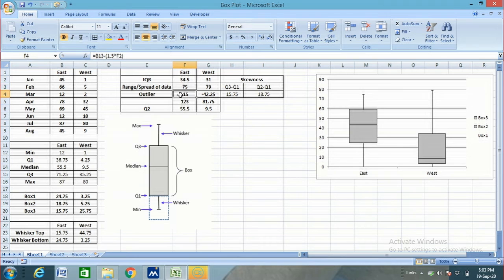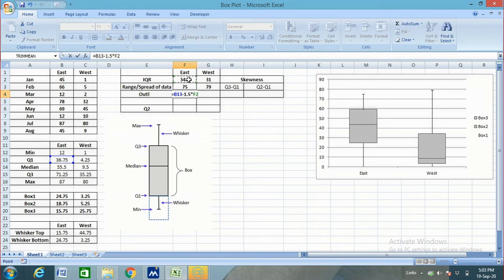Okay, so to calculate the outlier, as I had told you, we apply the formula Q1 minus 1.5 times the interquartile range. Q1, this one, minus 1.5 times the interquartile range.